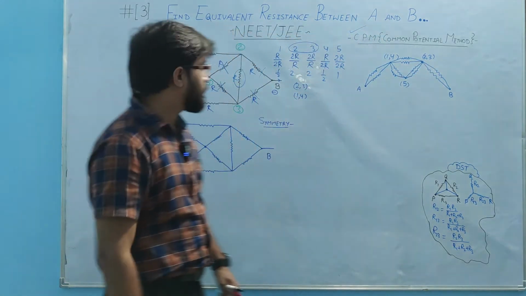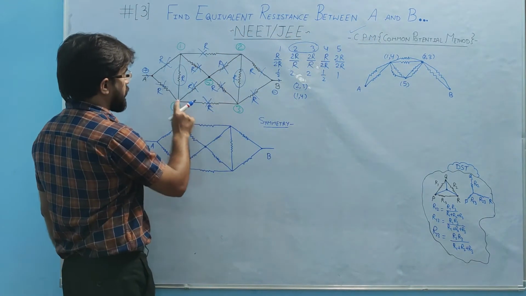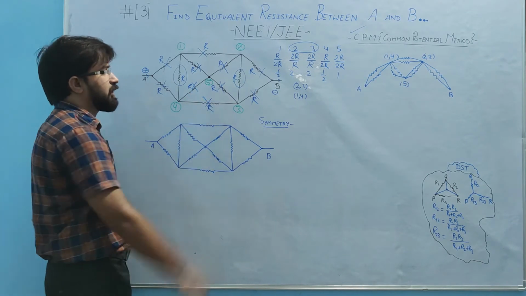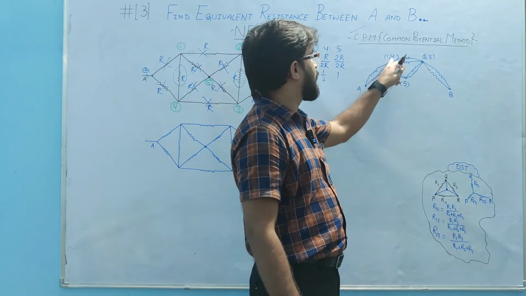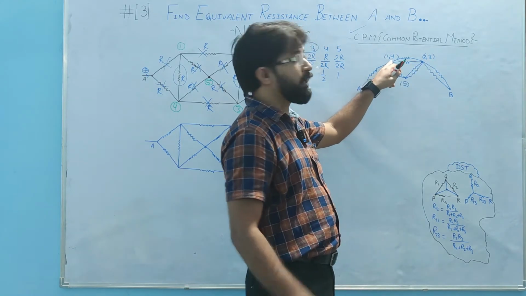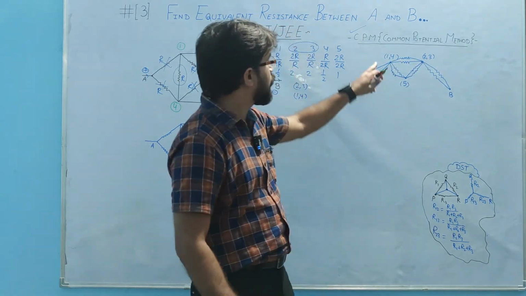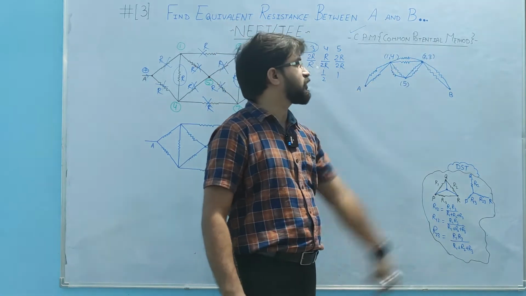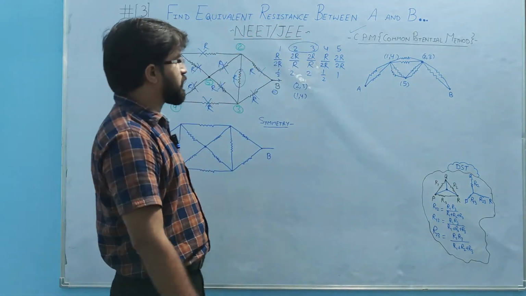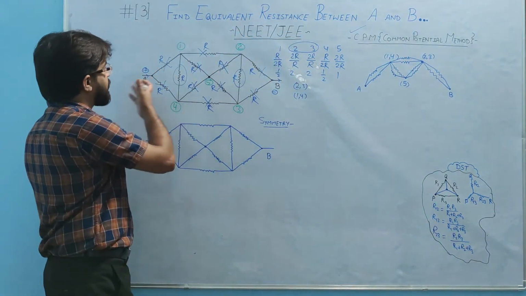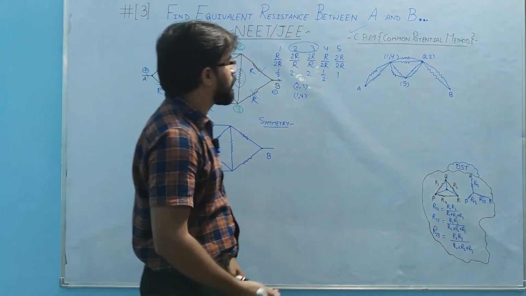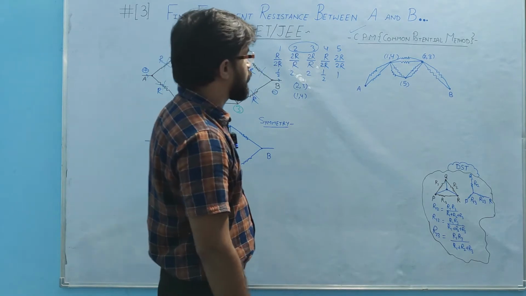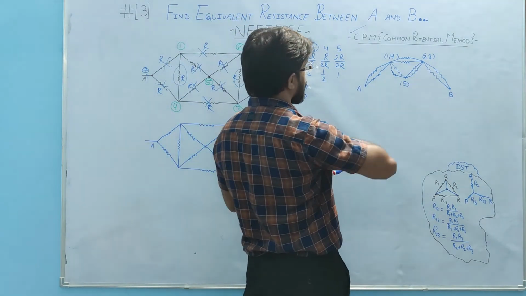Always remember, whatever branch you have used, start cancelling, don't be confused. This is one point we have already connected. This is point 1, but it is mentioning 1 and 4 position, and 2 and 3 position. So this is our required circuit. Two branches are neglected, so 2 fewer resistances. Now it is looking easy.